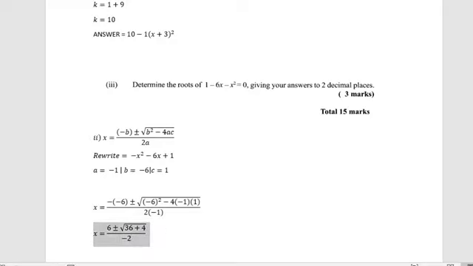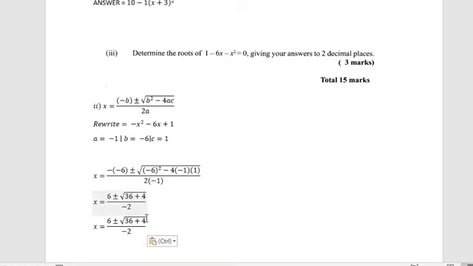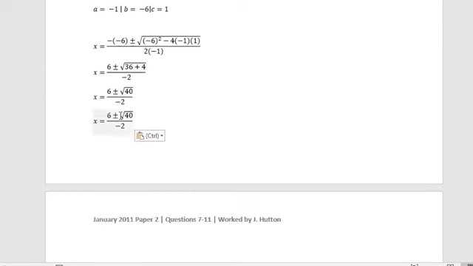And now basically when we come down here under the square root sign, 36 plus 4 will leave us with 40. So what we have, x is equal to 6 plus or minus the square root of 40 divided by negative 2, and it is this that we're now going to work out. So what we'll have is one portion with the plus sign and one with the negative sign. So therefore x is equal to 6 plus the square root of 40 over negative 2,